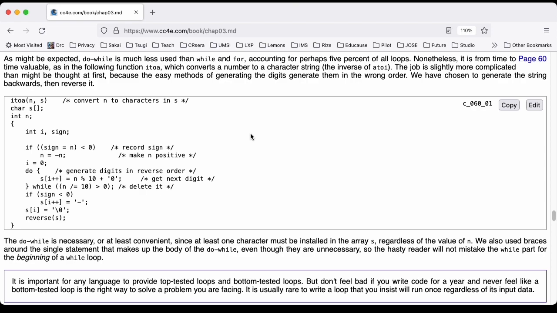But the net result is that sign contains the sign of n, and then it's negated. Then n is made positive. So, continuing: i = 0; do { s[i++] = n % 10 + '0'; } while ((n /= 10) > 0);